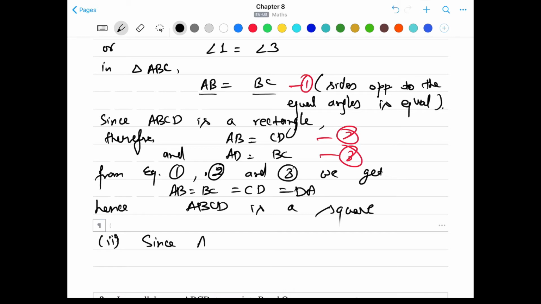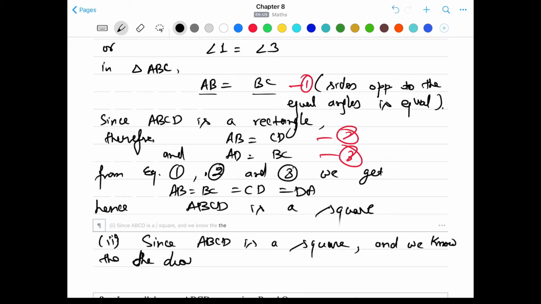Since ABCD is a square and we know that the diagonals of a square bisect the angles,